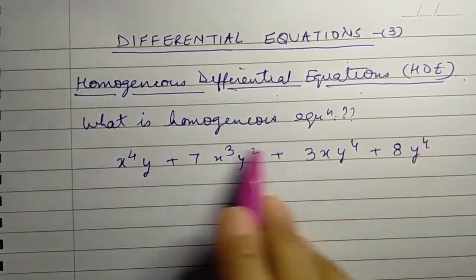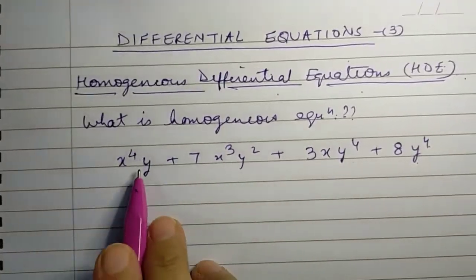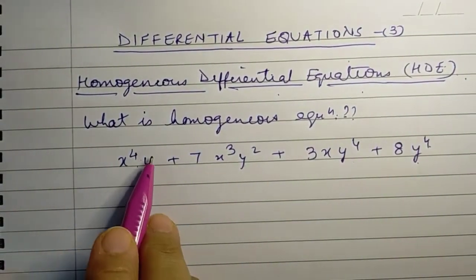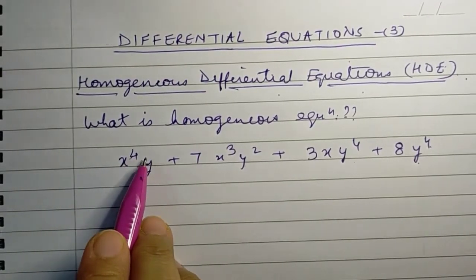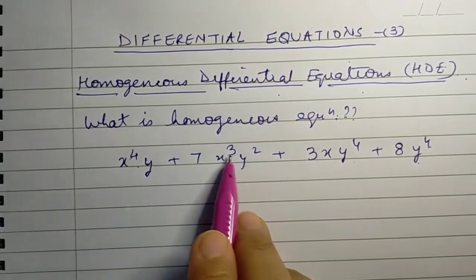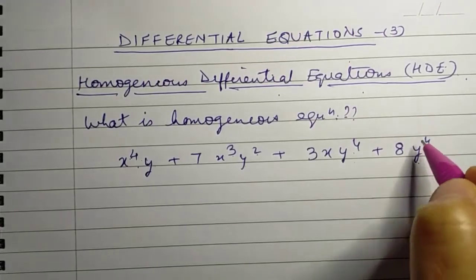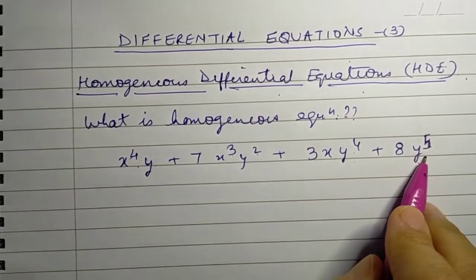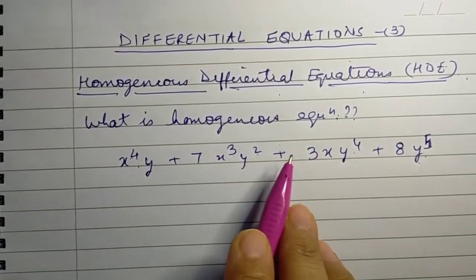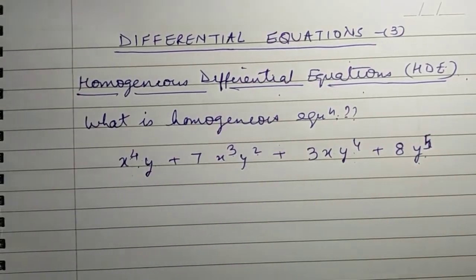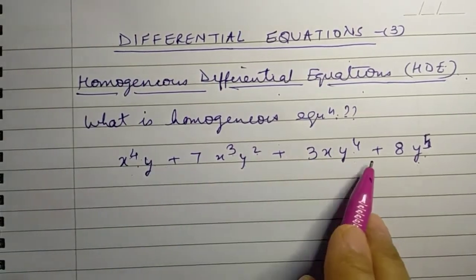Each of the terms in this expression is such that its net degree is the same. If you just see here, the power of each term, it's 4 plus 1, that is 5. Here the net degree of each term, that is 3 plus 2, is 5, 1 plus 4 is also 5, and this is y raised to power of 5. So again, all the terms have individual net degree as 5. Such an expression is called a homogeneous expression in x and y of degree 5 here.